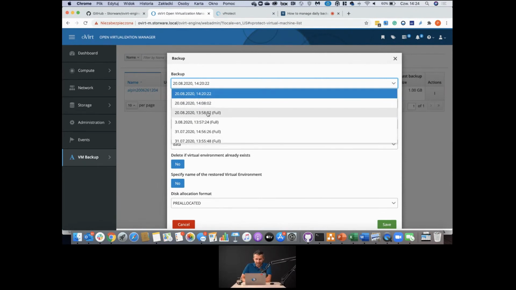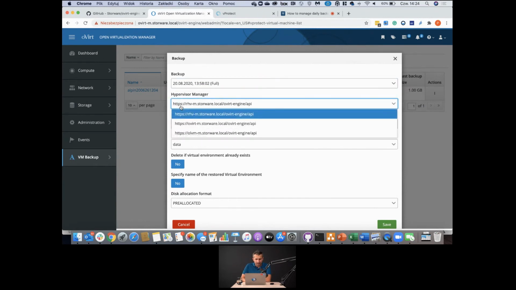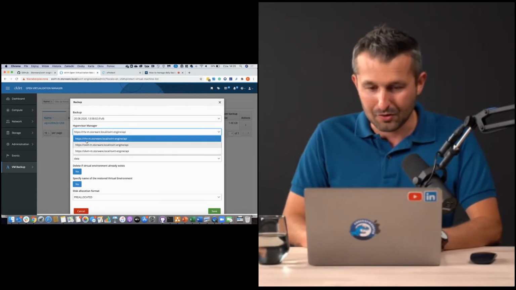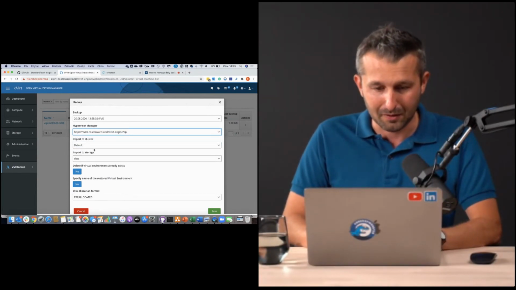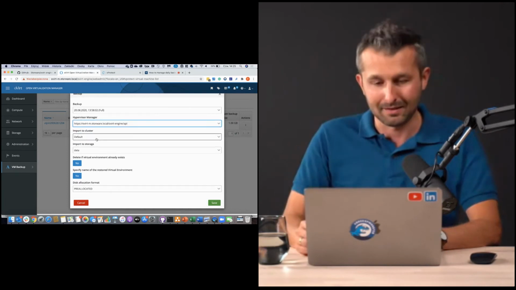I will grab the full from today, and I will decide where it should go. In my environment, I have oVirt, RHV, or OVM. You know exactly that it stands on the same technology, so the oVirt project. So I could use a different one, but I will use the oVirt hypervisor manager to send back the data